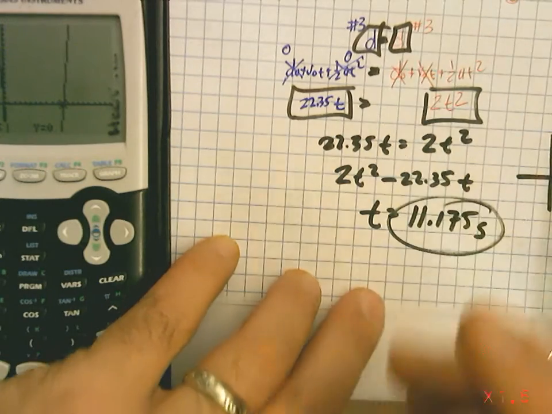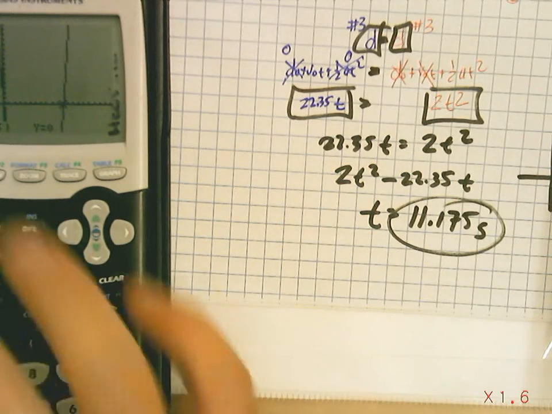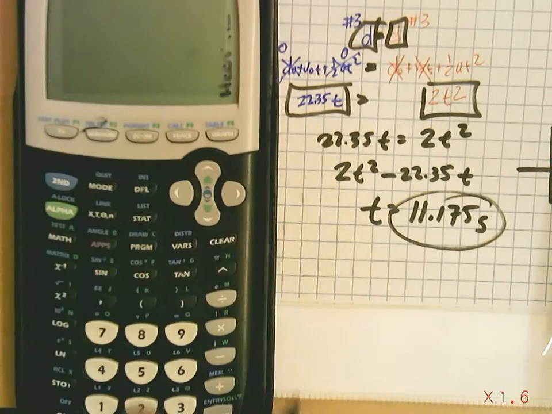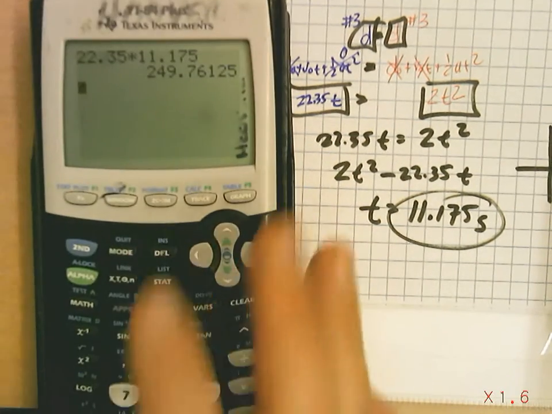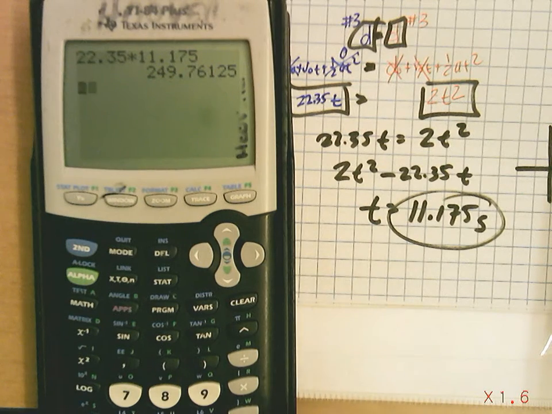And I can come in here and I can plug these in to get distance. And they should be the same number if we did it right. So a quick check reveals that that is the case. So when I multiply, I get 249.76 here. And then if I do it with the other side, 2 times